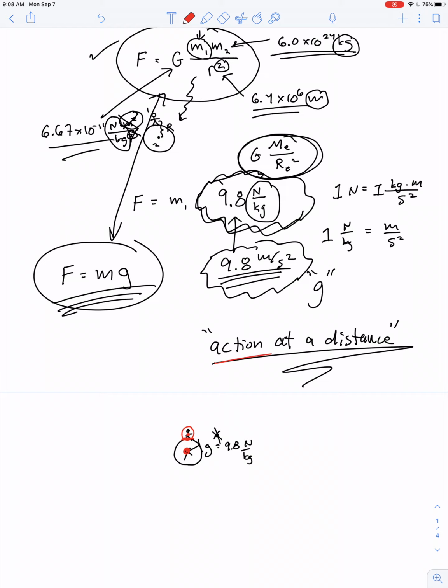So gravity is an action at a distance kind of force, and the greater the distance between the two objects, the weaker or the smaller the force. But it's not a strict inverse proportionality. Doubling the distance doesn't cut the force in half. Actually,